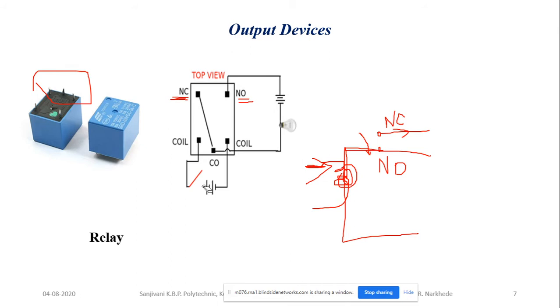So when the switch is off, the coil is de-energized and the relay is not operating. When the coil of the relay is de-energized, the lamp is off. But when I close this push button, the current will flow through the coil of the relay, and this common terminal gets attracted towards the NO contact and makes contact with the NO. It completes the circuit through this one, common to NO to your battery to your lamp, and the lamp will glow. So this is how the relay will operate.